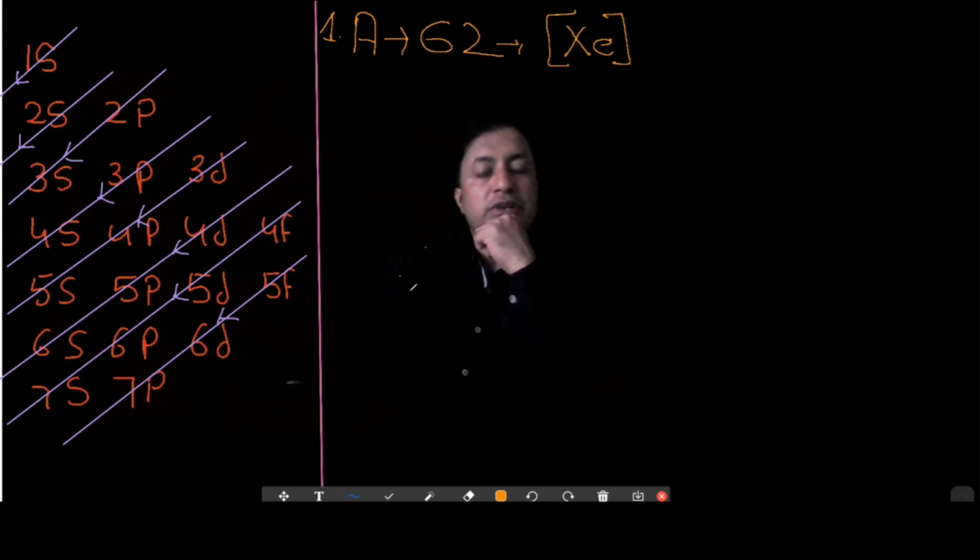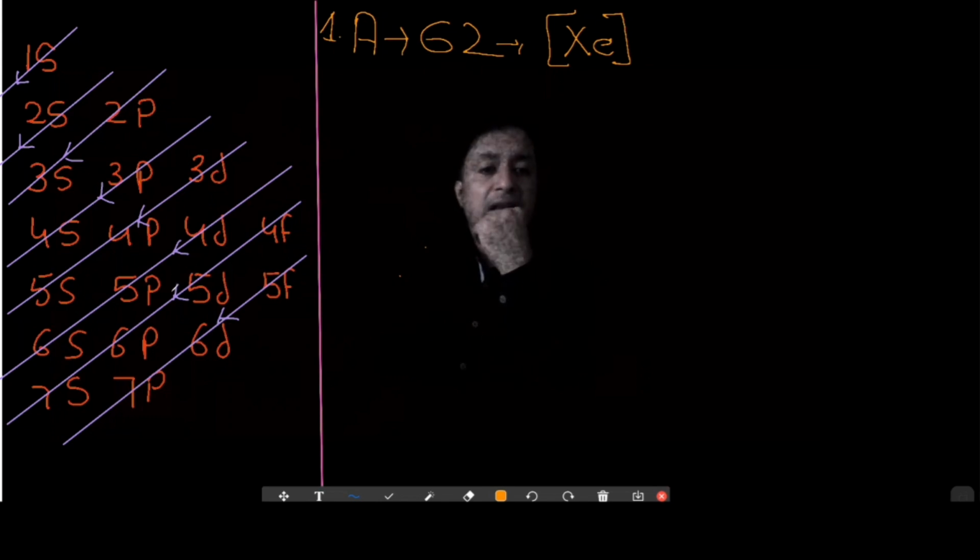So students, now we are going to see how we can write the electronic configuration for some higher elements, meaning elements with a very high atomic number. Now you can see here I have drawn the Aufbau rule, according to which the electrons enter the different orbitals. Suppose we consider any element A whose atomic number is 62, then how can you write its electronic configuration by using the shortcut method? Before 62, which noble gas is there? That is xenon. The atomic number of xenon is 54. It means you can easily know up to which orbital the electrons are already filled.